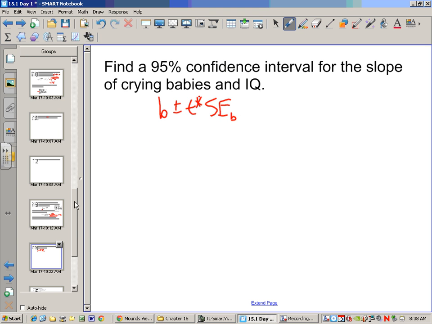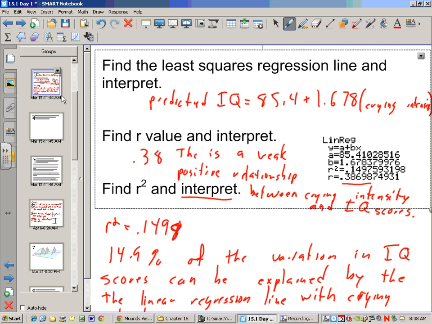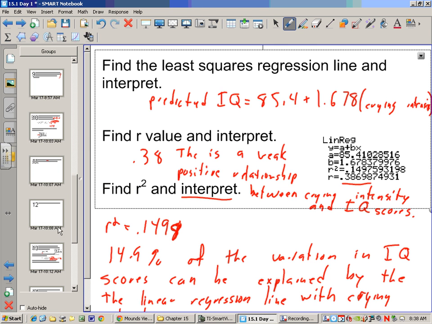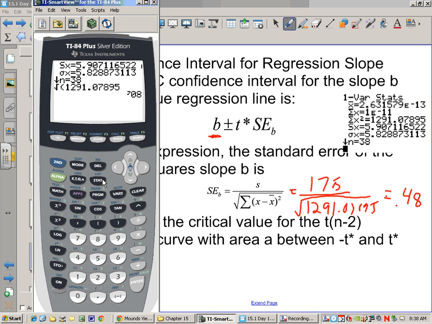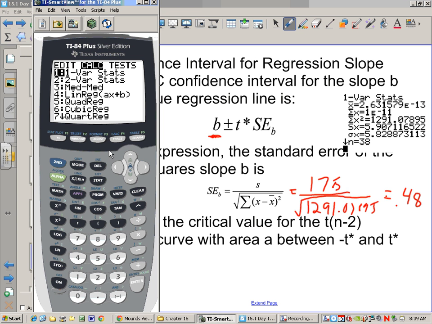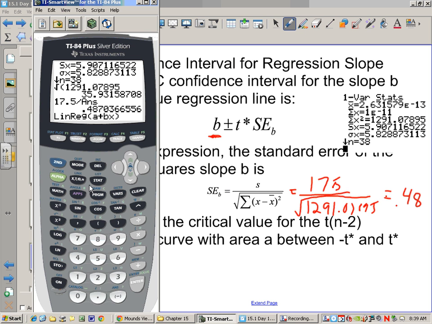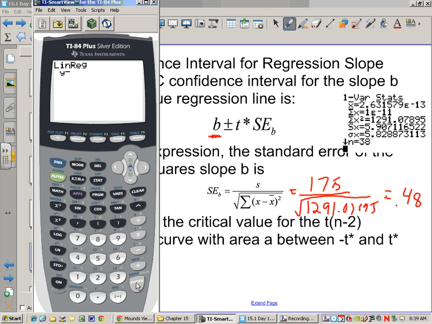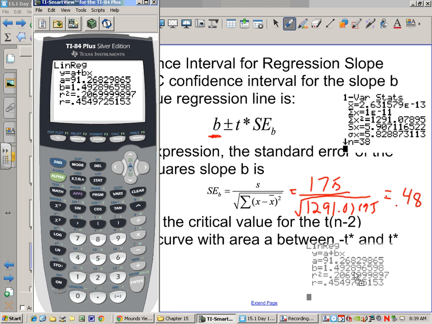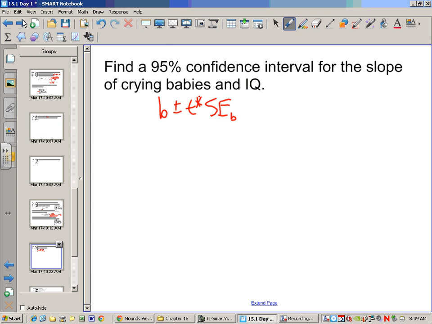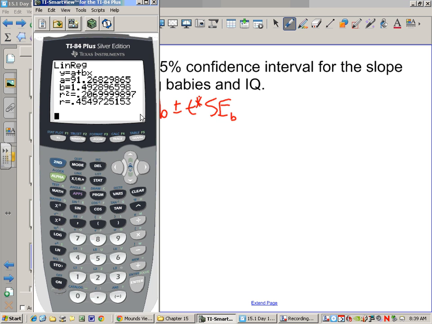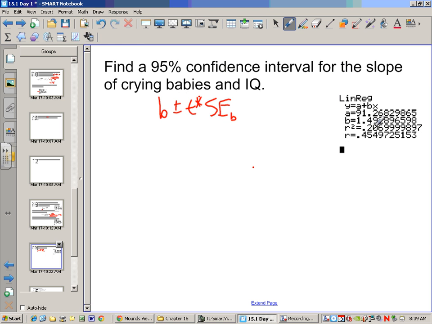Now b is our slope, which up here we found, oh, this one might be a little bit off. Let's remember how I had that point that was off? Let's calculate this again. Let's go to linear regression, 8, L1, L2. So it's a little bit different. Ooh, but I'm not on the right page. Here I am. So here my slope is 1.49